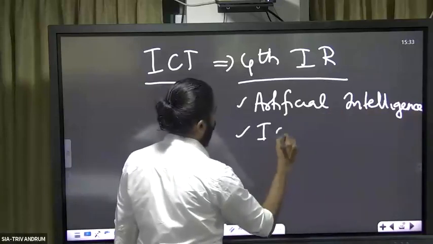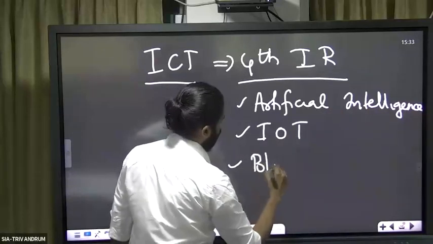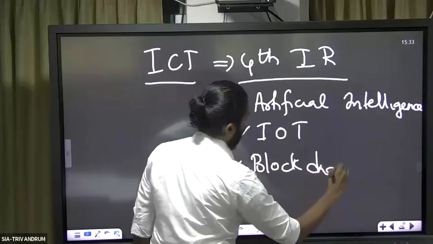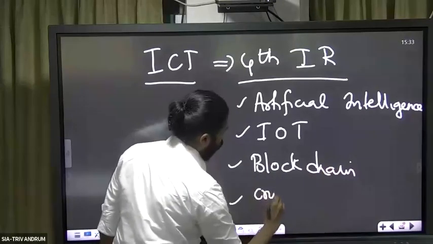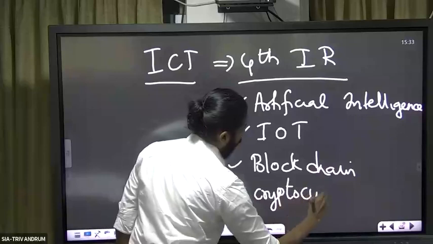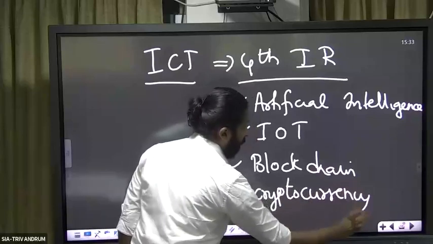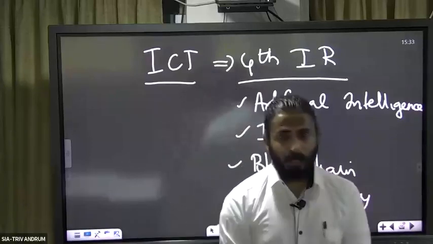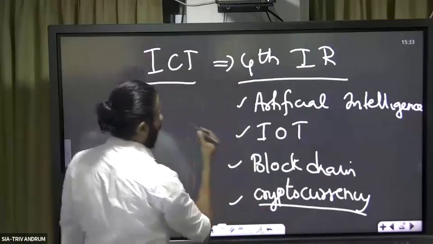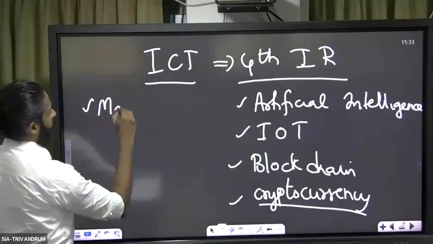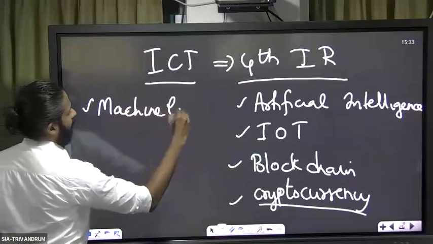Artificial intelligence, IoT, blockchain technology, cryptocurrency, even though it is not directly related. No, we have come out with our own digital currency and all. So cryptocurrency, blockchain technology, machine learning, which is related with AI,